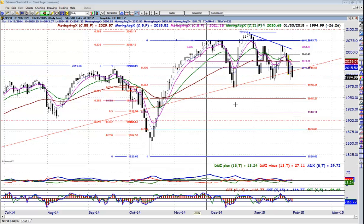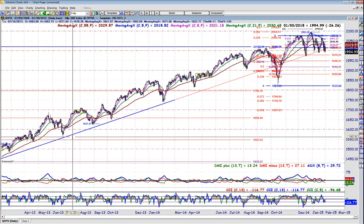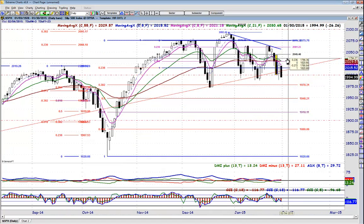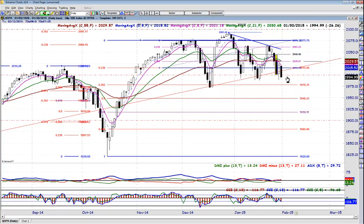So, guys, if we look at the S&P, we've got this wedging pattern going on in there. You've seen this before. I've shown this in videos like this in the past. And this long-term uptrend line that we've respected just oh so well is this red uptrending line right here. Now, when we look at what's happened before, we go back three times ago,